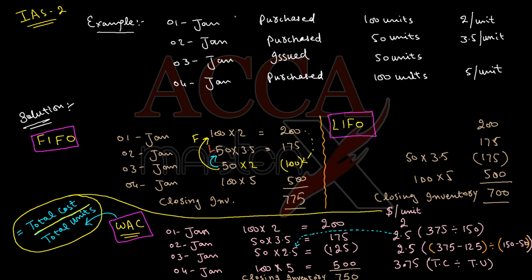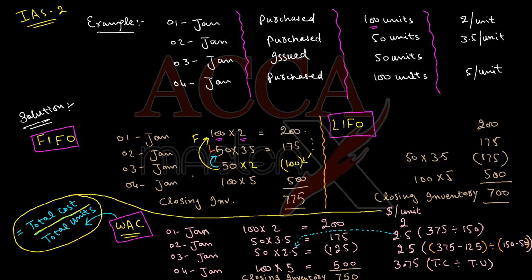So first of all, here we have four different columns. In the first column we have different dates, then whether we are purchasing or issuing our inventory. Next we have number of units, and finally cost per unit. Okay, so on 1st of Jan we are purchasing 100 units and its cost is $2 per unit, and if we multiply them then our total cost will be $200. And similarly we calculated $175 for 2nd Jan,